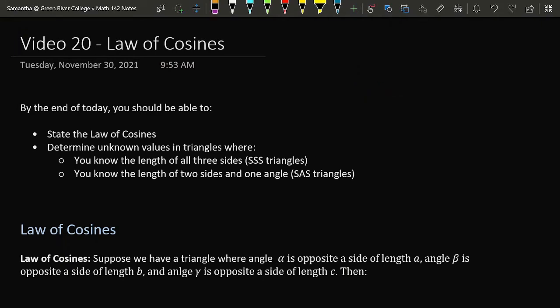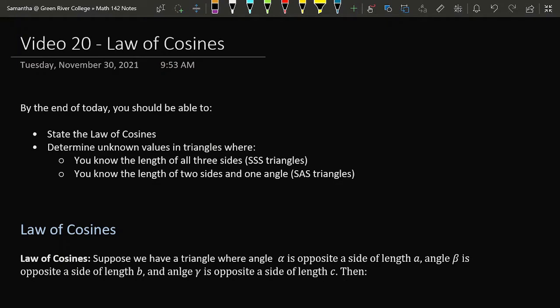Of course, as well, if we were given the values of all 3 sides of the triangle, an SSS triangle problem, this would also not be possible to solve using law of sines alone, because in this case we are not given any data about the angles, and therefore every possible version of the law of sines would have 2 unknowns in it. So today we're going to introduce the final formula that we use to help us to analyze non-right triangles, and that's called the law of cosines.